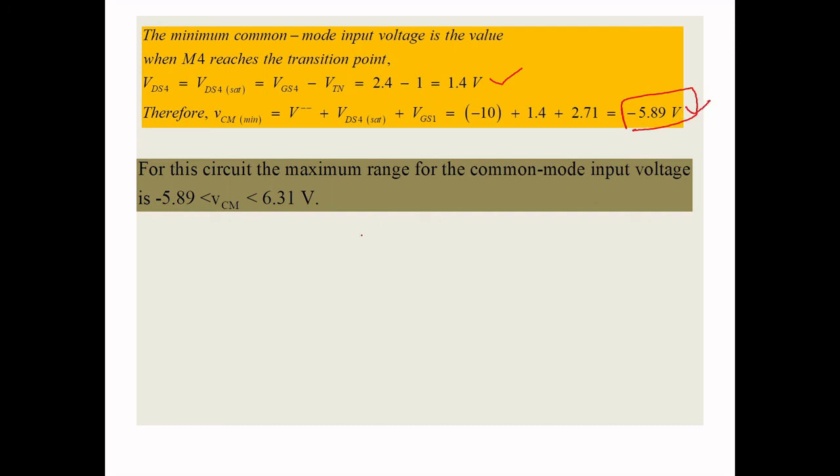So you will be getting minus 5.89 volts. The maximum point will be 6.31 and the minimum will be minus 5.89. So that you can understand the minimum and maximum. This was represented